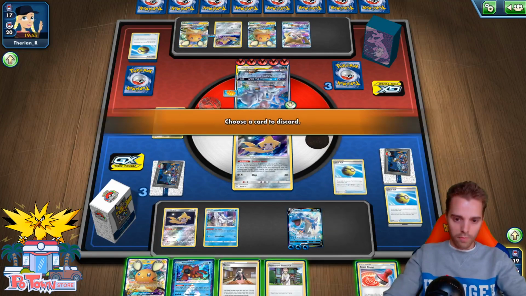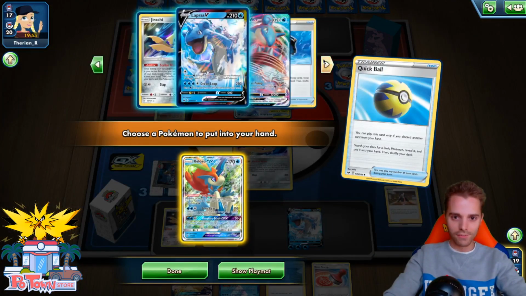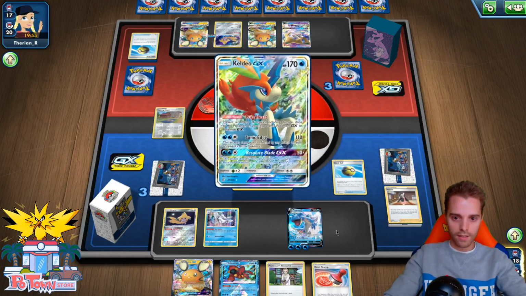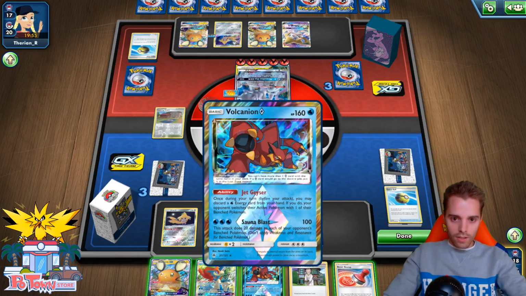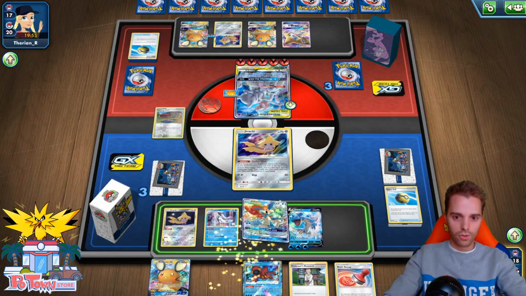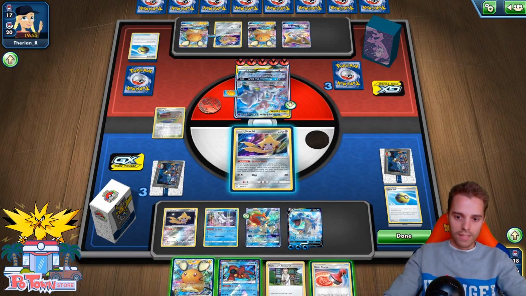Gonna go for another Quick Ball. Don't want to use any of these. Yeah, Keldeo is also busted, to be honest. Okay, we have Keldeo and the Dedenne. So I think we can stall with Keldeo while we set up Lapras. That is an option. The Volcanion Prism Star is also good, but for now I think Keldeo is busted. We slap down the